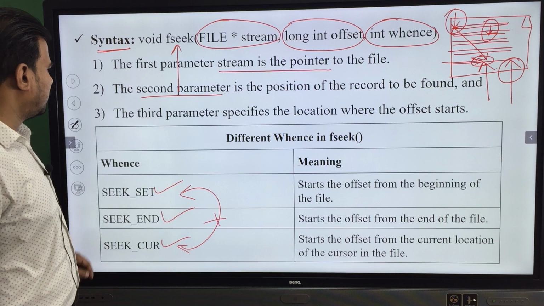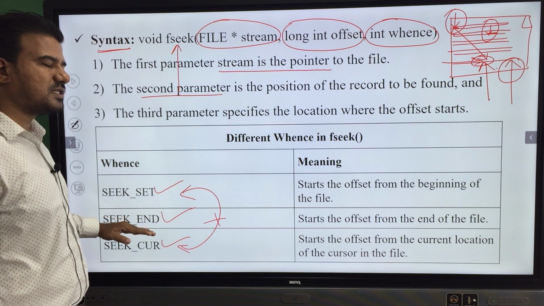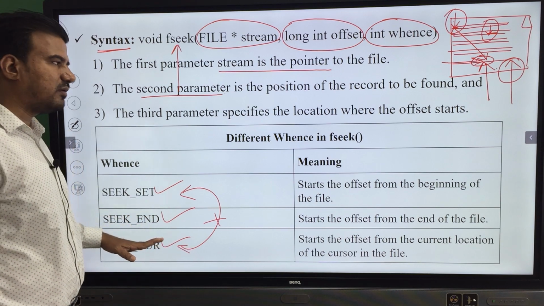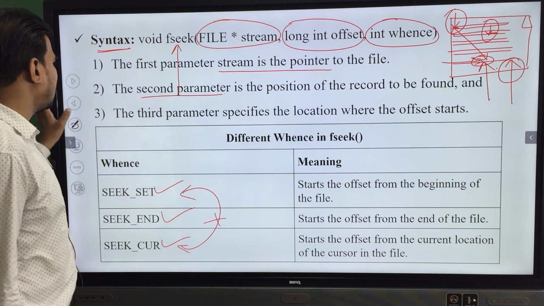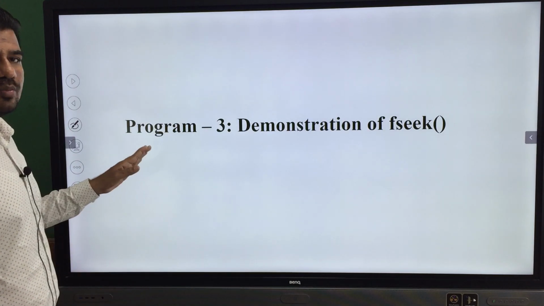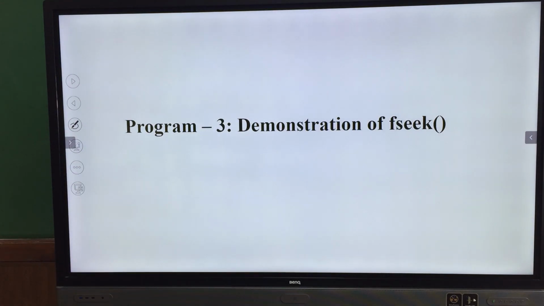Okay. Hopefully you understood. So fset is from the beginning of the file, we are calculating the offset. Seek end is nothing but from the end of the file, we are calculating the offset value. And seek current in the sense from the current location of the file marker, we are calculating the offset value. So to demonstrate this fseek function, we have a program. So with that program, you try to understand, because if we see the stuff practically, we'll get many of the things. So I will simply type this program, and I will show you how we can perform this fseek function.